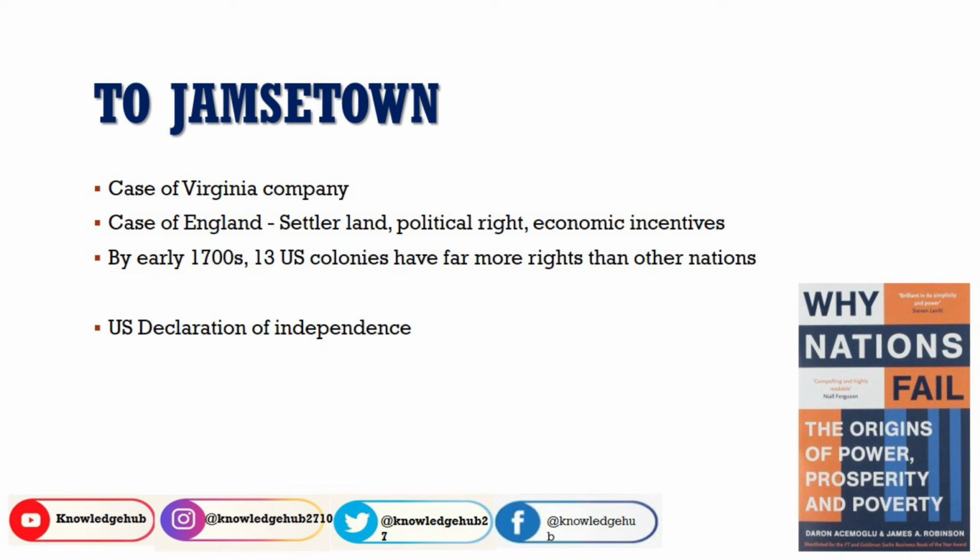This is why these 13 US colonies rebelled against the English government in the end, and now you can see the great America in front of you. It is basically the result of some rights. So if we conclude these three sections, we can say that the author wants to tell us how human rights or citizen rights can change the destiny of a nation. Then there is the last section of this chapter, which is a tale of two